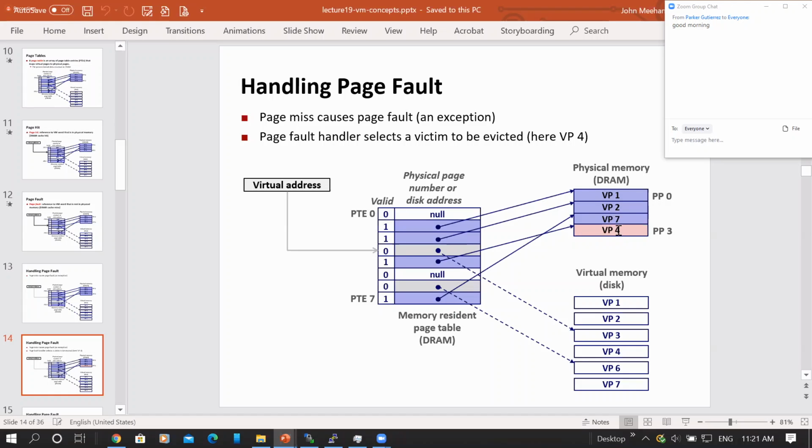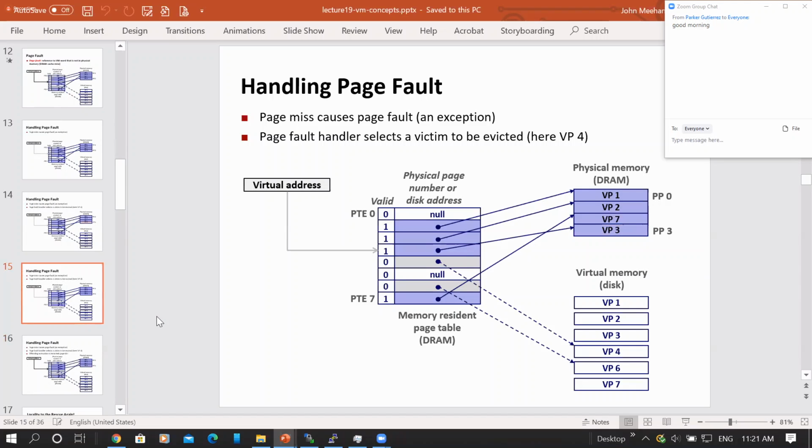We call that a dirty page, right? But if it hasn't been modified, we can just chuck it. There's no reason to do a disk IO if you don't have to, right? And just mark in here that this slice of the virtual address space is no longer currently mapped to physical memory. So we'd pick a victim,